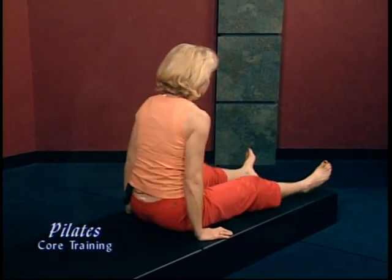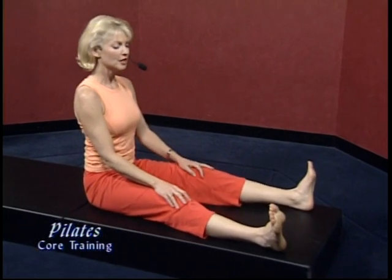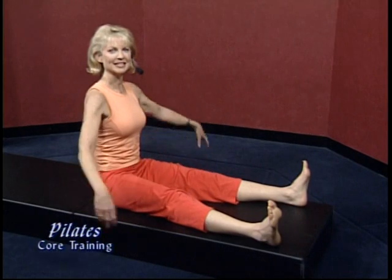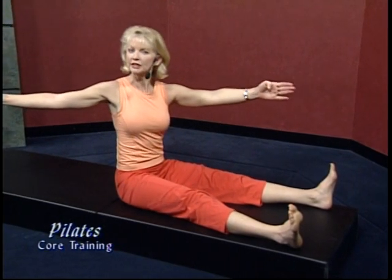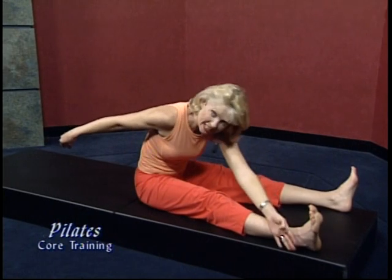Now we're going to rotate from above the waist, activating the rotating muscles a little bit differently. So let's sit up in a straddle, nice and straight, toes pointing up to the ceiling. Take your arms out to the side and we'll do our classic saw. Inhale as you twist tall. So watch here that you get the twist before you go into flexion, so you get each move nice and